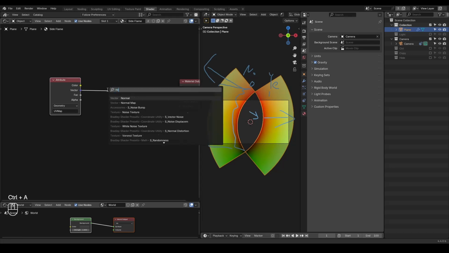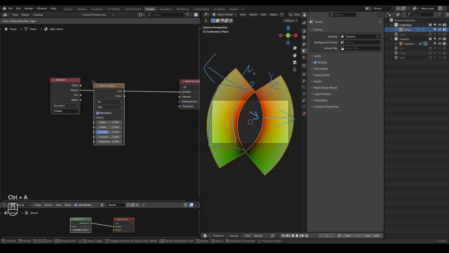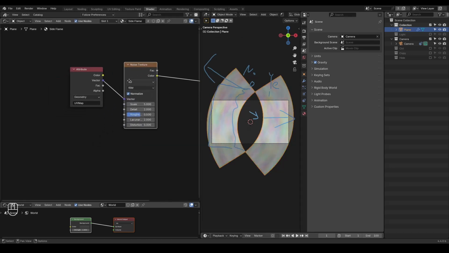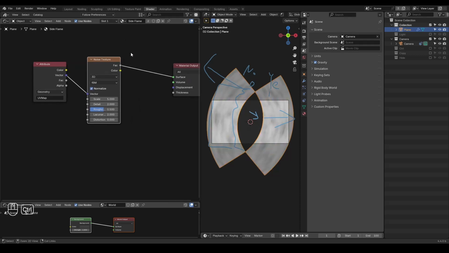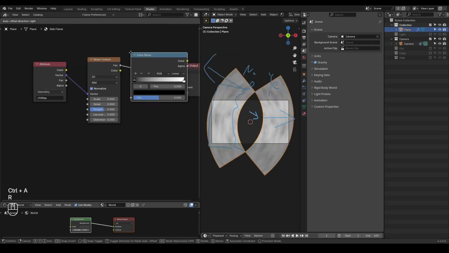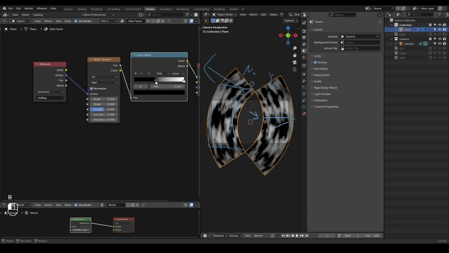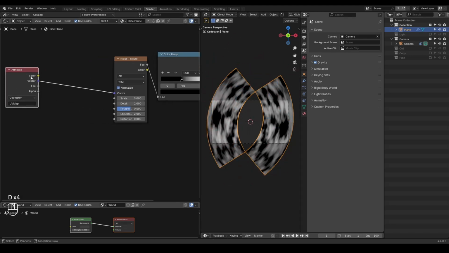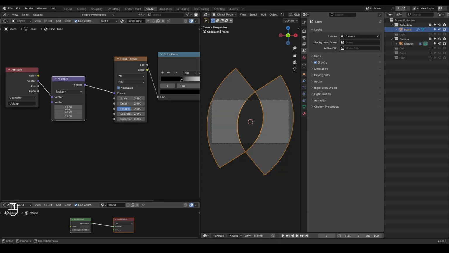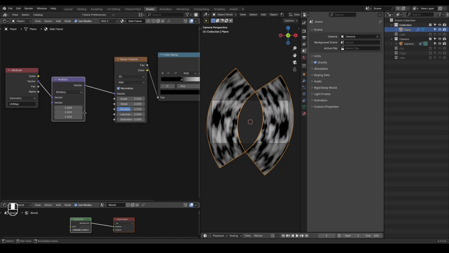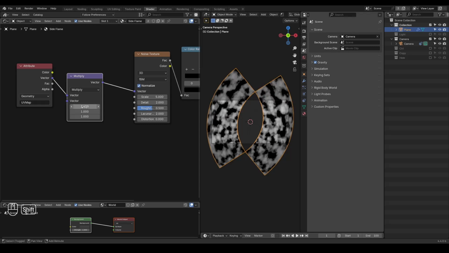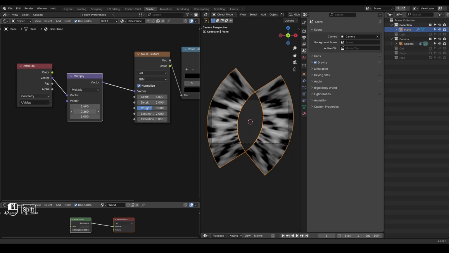This UV map is going to guide our noise texture coordinate. I'm going to only use the factor. Let's color ramp that to increase the contrast so that we can visualize it a little bit better. I'm going to change the coordinate to make it more flame-like. Take a vector math multiply. And let's increase the X, decrease the Y, so that this looks like kind of a flame, but we are